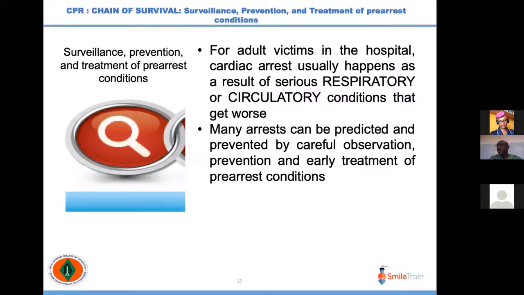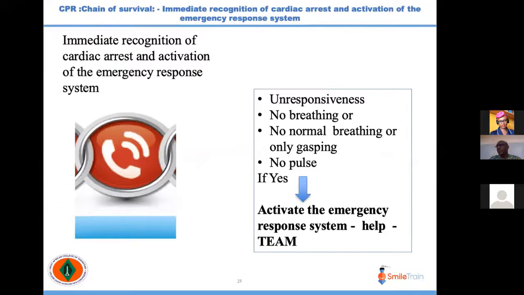So yeah, for adult victims, respiratory or circulatory conditions get worse, so we need to survey them. As I said, many arrests can be predicted. And then recognition of cardiac arrest. I need to highlight here that